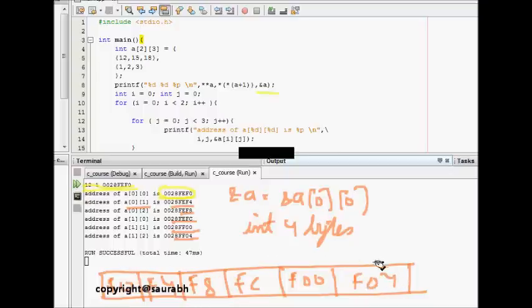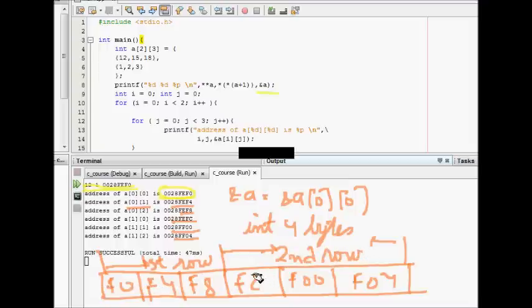So these are the contiguous memory locations, and this is the first row from here, and then this is the second row. So this is what we need to understand. So first row, then it comes the second row. So this was about two-dimensional array and